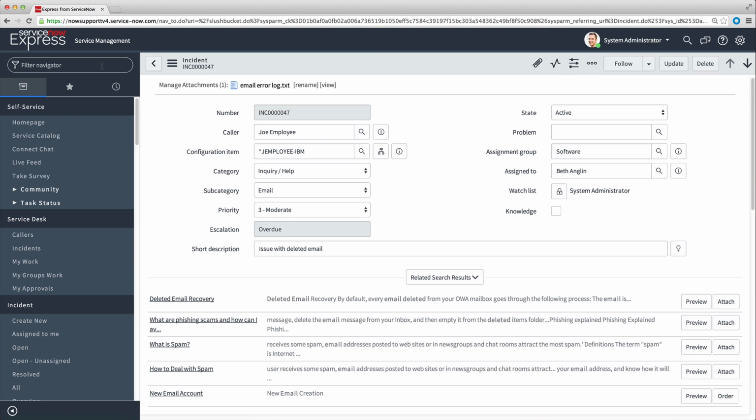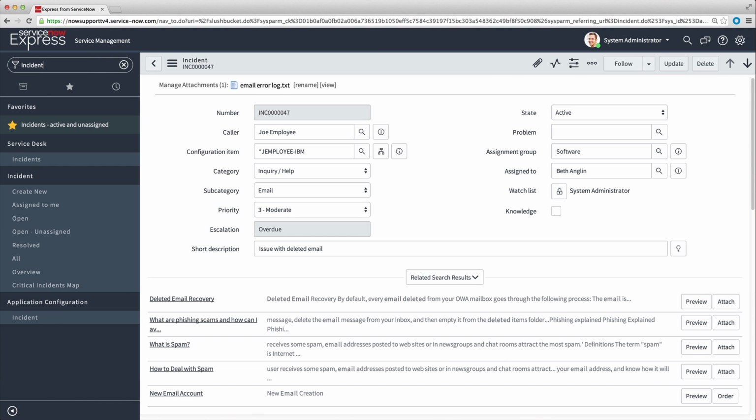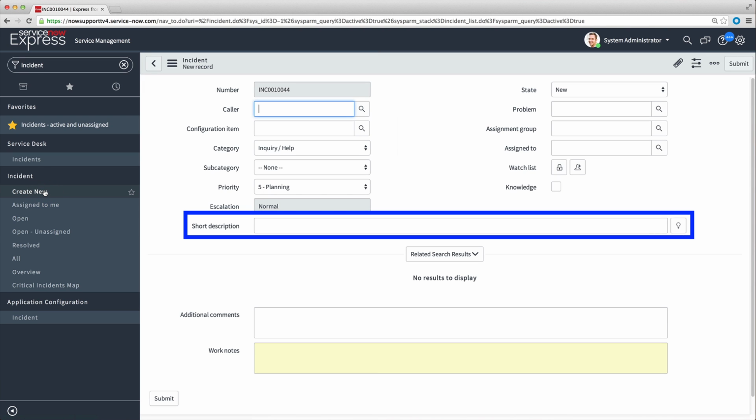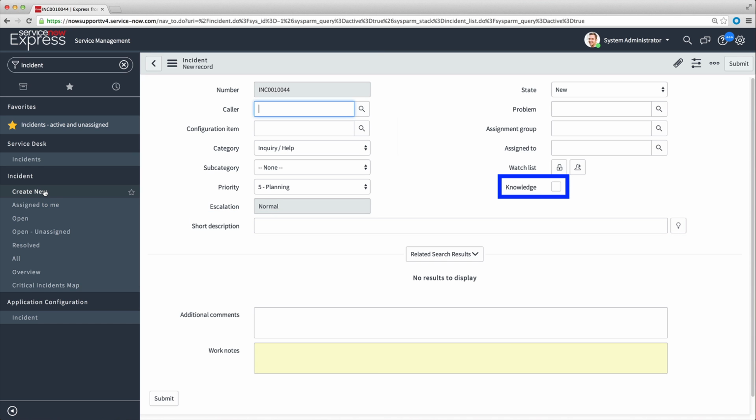Now let's look at some basic form elements. We'll use the incident form for our examples. Short description is an example of a string field, which allows users to enter free text. True/false is a Boolean field type that appears as a checkbox. For example, the knowledge checkbox allows you to select whether or not a draft knowledge article is created when the